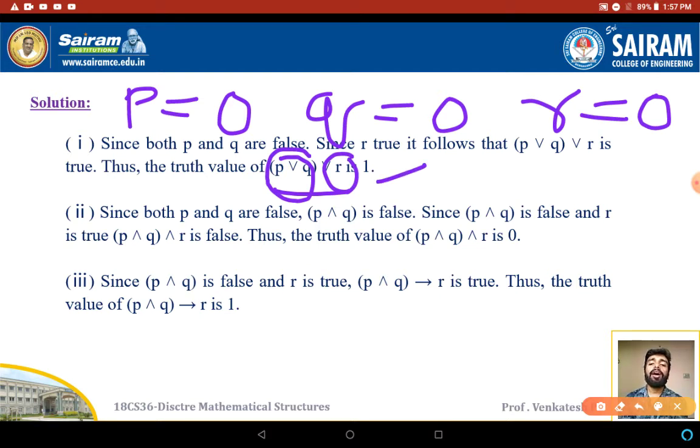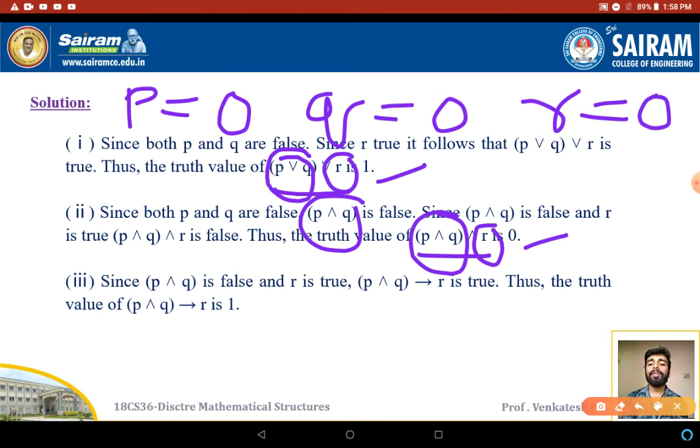So next I'm going to apply the AND operation in between P, Q as well as R. So we'll see how to get this. First, since here P is 0, Q is 0, both are false values only. After applying the AND operation in between two zeros, the truth value will be 0 only. Again, I am going to apply the same logical connective AND in between the truth value 0 and 1. So now this truth value is 0 and the truth value of R is 1 here. If I apply the AND operation in between the 0 and 1, the value will be 0.